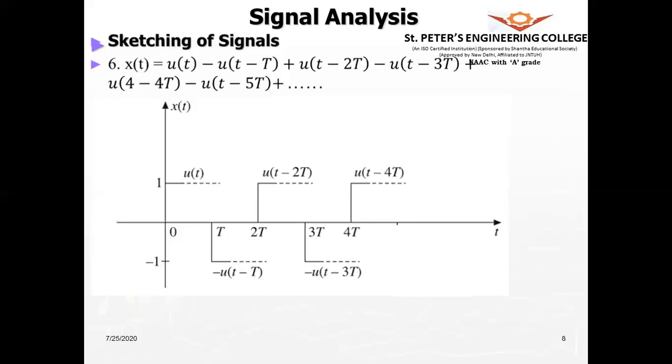At 5t, there will be a negative step signal, and so on. So that means plus, minus, it will keep alternating and continue, so it will come out like a periodic signal. Now, if we add all these signals,